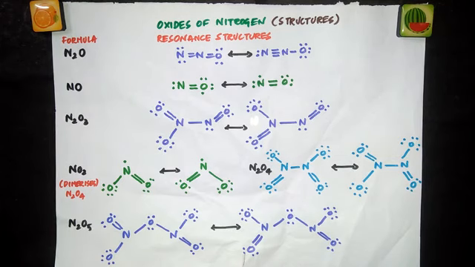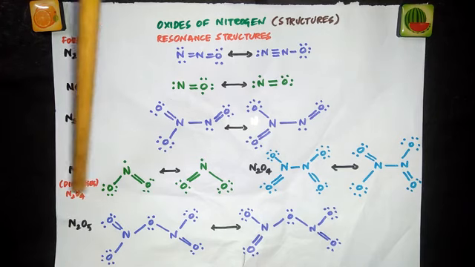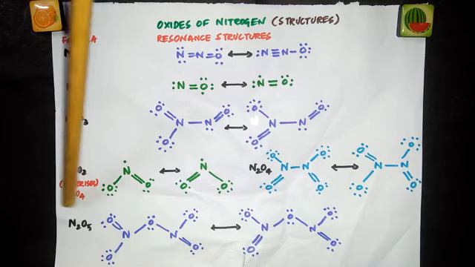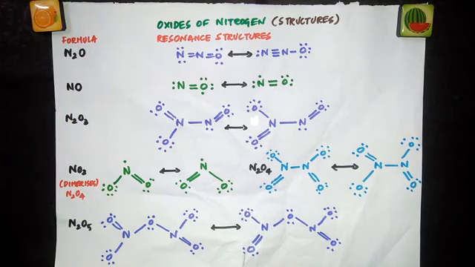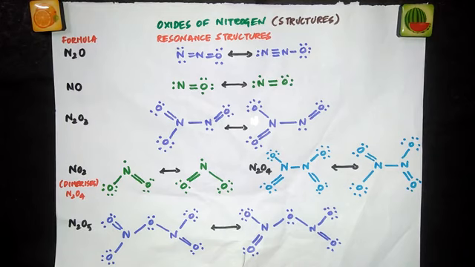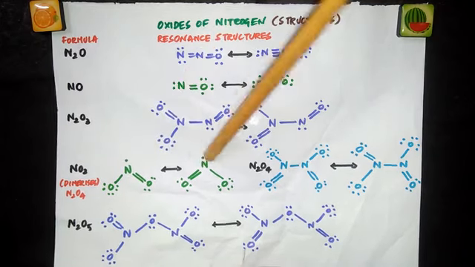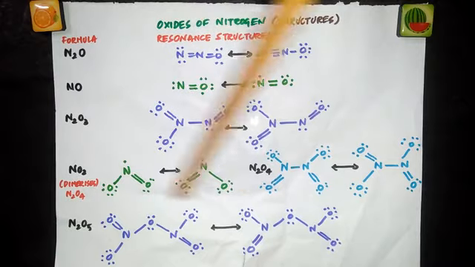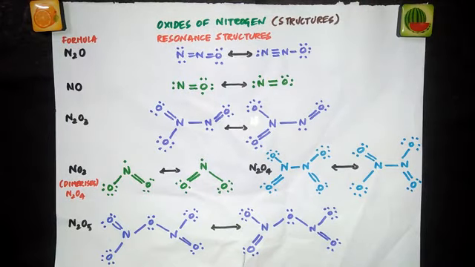In the same way, NO2, because of the presence of an unpaired electron, undergoes dimerization to become stable, so that you will get the N2O4 molecule. You can have an even number of electrons in N2O4, which means it dimerizes, just doubles itself and exists as a dimer. This N bonds with this N and you get dimerized N2O4. But now you will get a question: why does NO not dimerize?